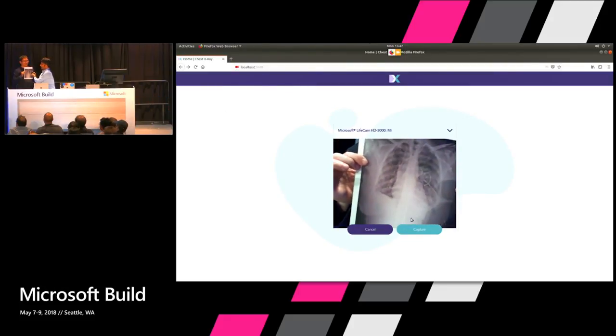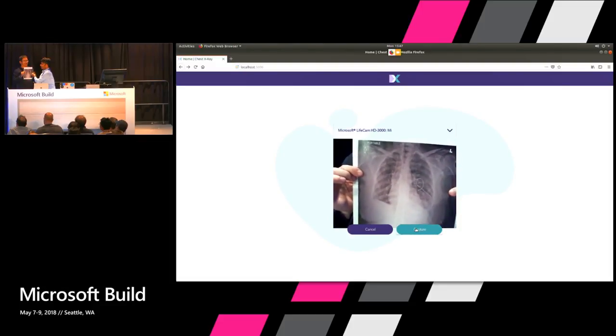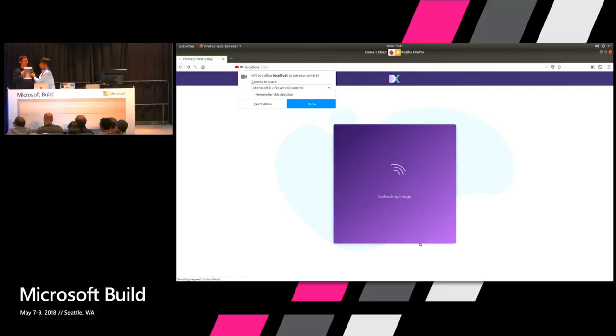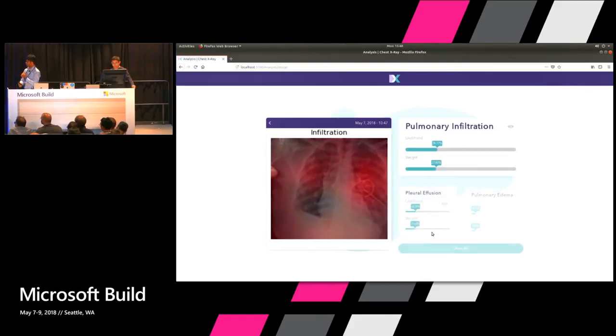OK, so we're just going to go, and this is all happening on the edge device. Even if I'm disconnected, doesn't matter. So I'm going to capture this. I think I'm good with this. And I'm going to click on Done. It takes a bit of a while. Certainly, it's not running on GPUs. And as you know, this is a deep neural network, which has a pretty complex model associated with it. Give it a bit of a moment. It should come up with the analysis. And remember, I'm running all of this locally. This is not connected to the internet. So wherever you are, like in any remote location, a radiologist can actually see this.